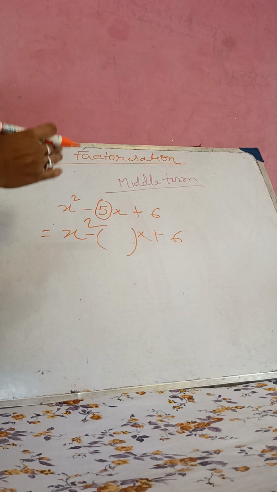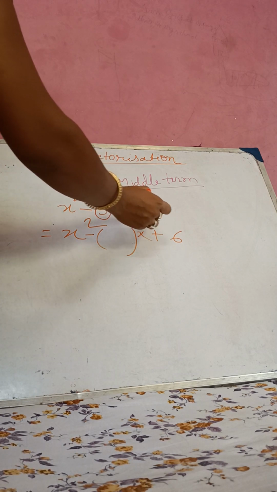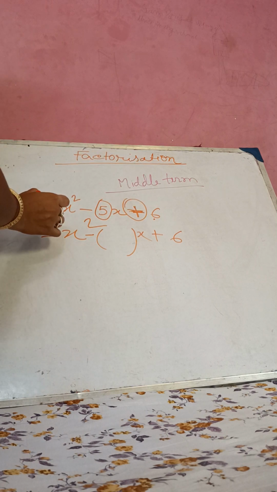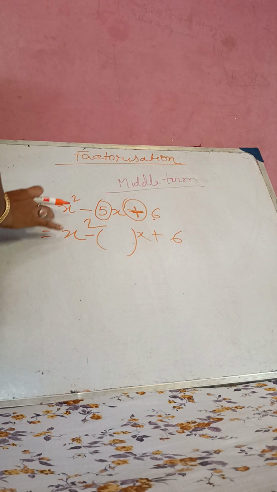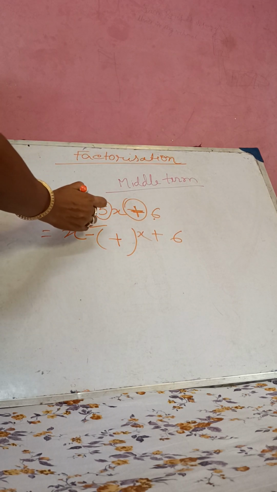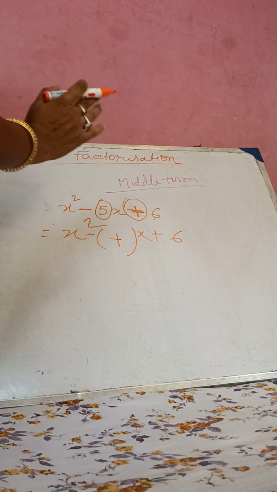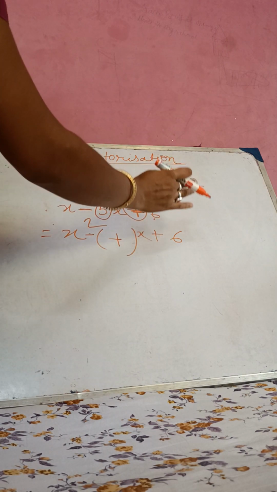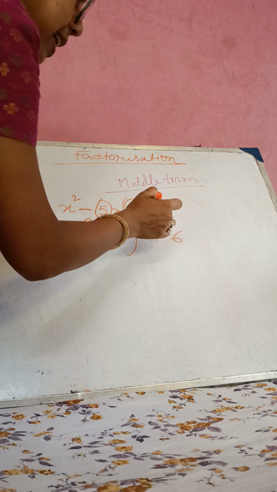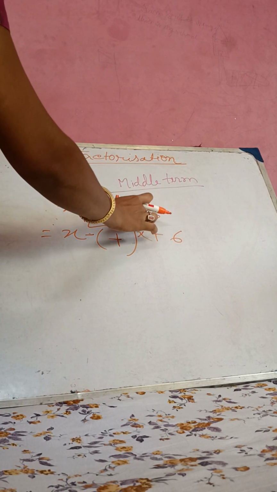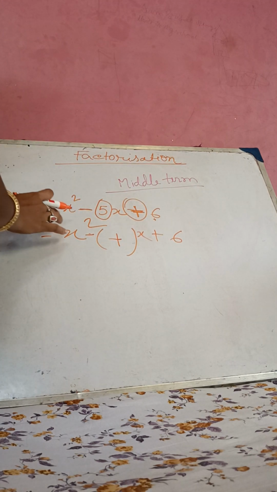Now, what I told you before, I will check the sign of the first and third term. Here is plus, here is plus, here is nothing, which means it is also plus. That means I have to do plus. Whatever here is minus, but I have to do plus of two terms. And what are the two terms I will get? I will get these two terms from the third and first terms, the multiplication of these two.